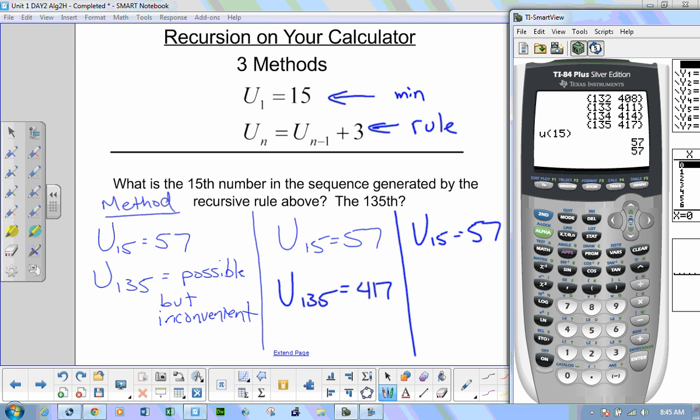And again, I didn't have to do any repetitive enter there. The calculator's really kind of giving you the answer. It's the most powerful, but I don't know if it reinforces the concept so much. And then second u left parenthesis 135, right parenthesis, will in fact give you that value. So just to really try to exaggerate the point, excuse me,